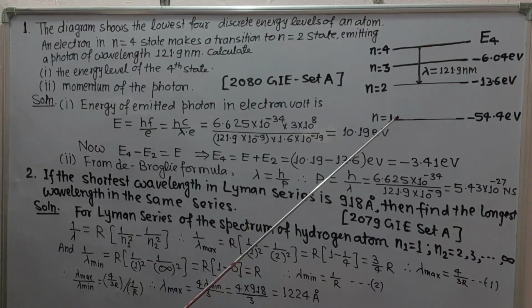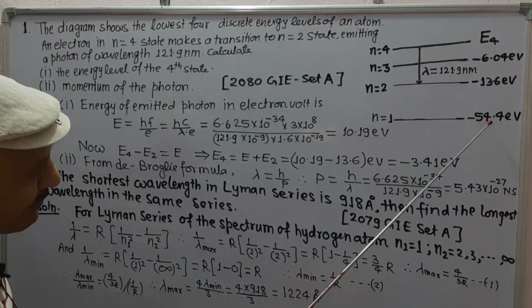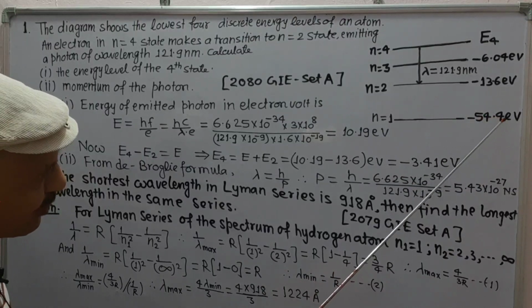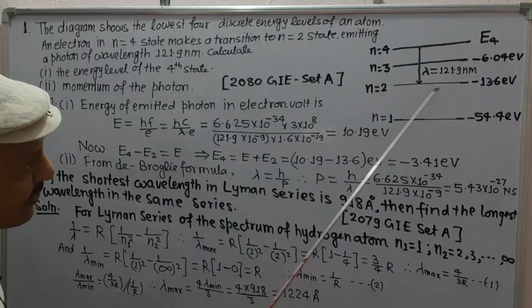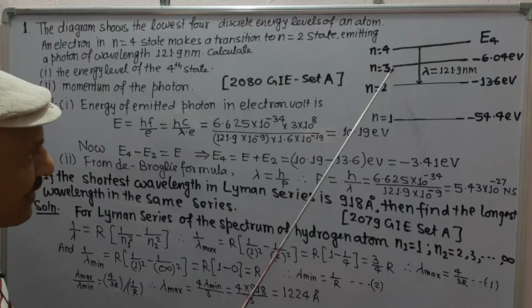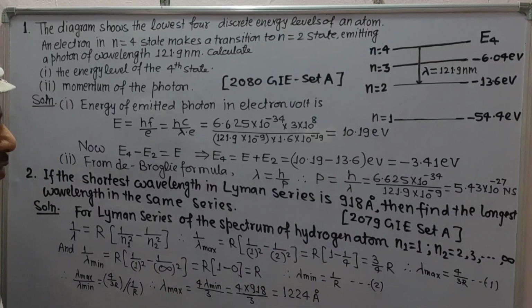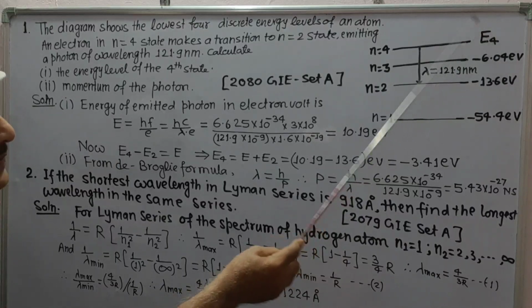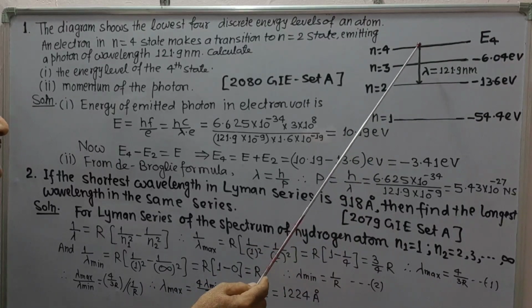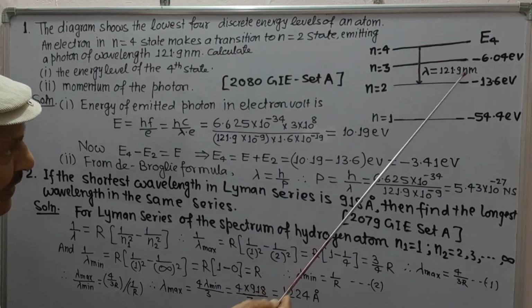This is the diagram in which energy of n equal to 1 is minus 54.4 electron volt, energy of n equal to 2 is minus 13.6 eV, energy of n equal to 3 state is minus 6.04 electron volt, and energy of n equal to 4 state is E4, which is to be calculated. The transition of electron from n equal to fourth state to n equal to second state has wavelength